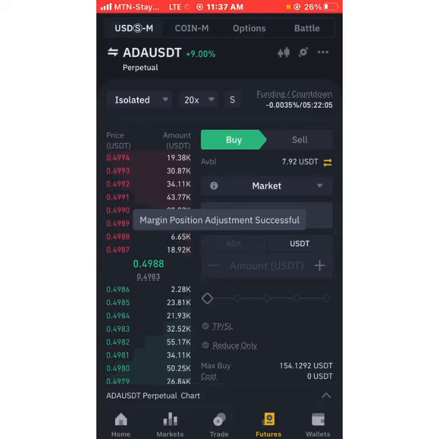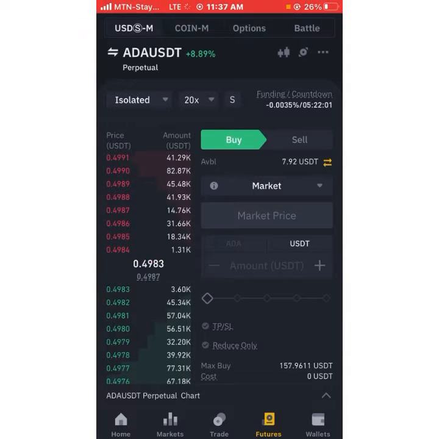Now this is confirm. All right, isolated, confirm. Next to it, you see 20x. Click on that 20x. The 20x has to do with leverage. I know you've often heard the word leverage. All right, leveraging. In trading, leverage allows you to make use of more than what you